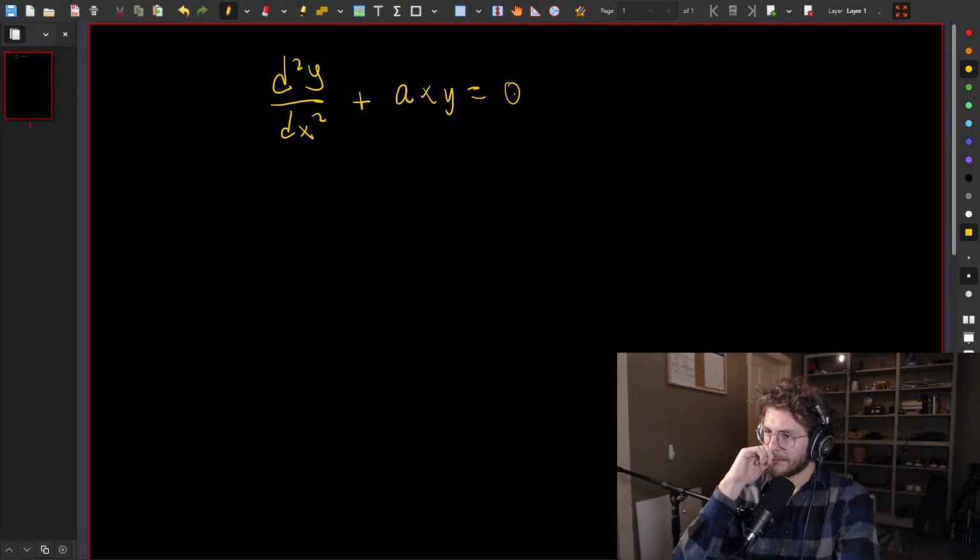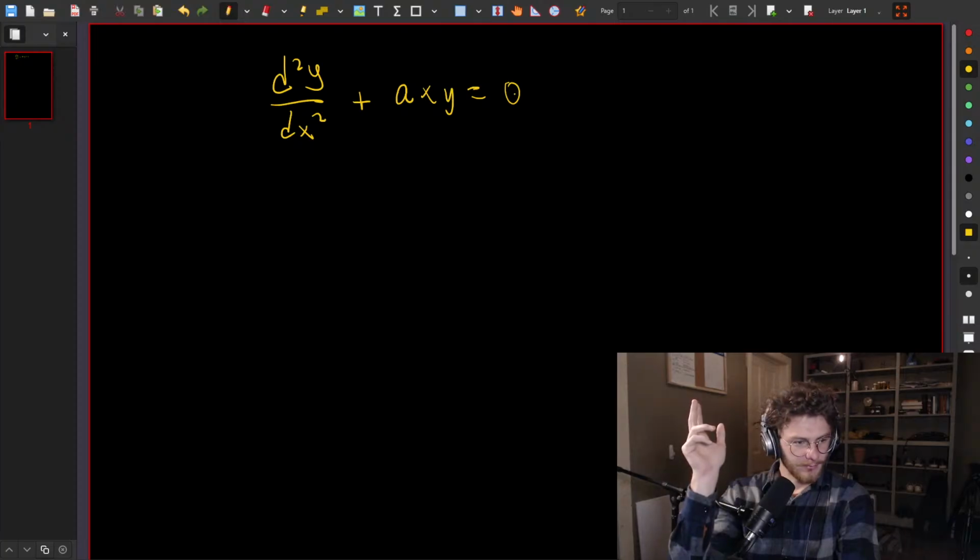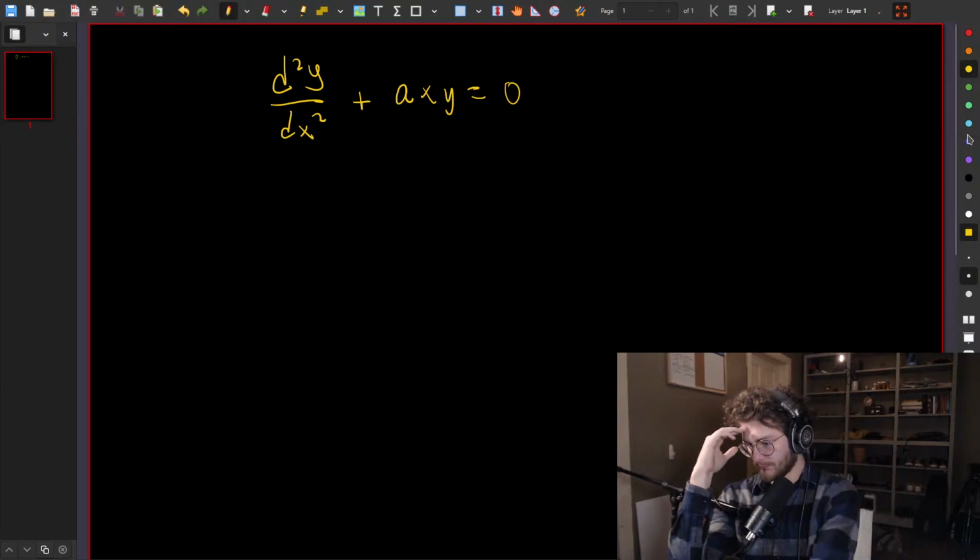And now that we've got this set up, this is also called Airy's equation. We want to assume a series solution, which is